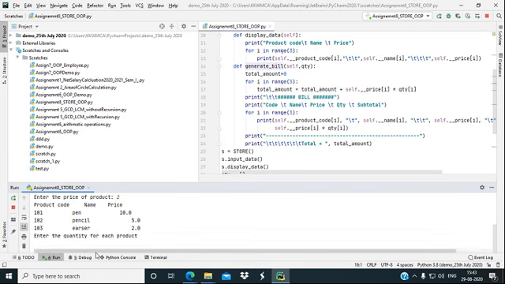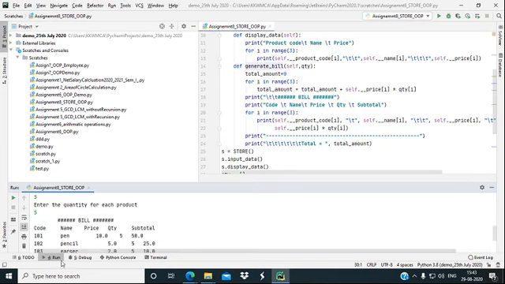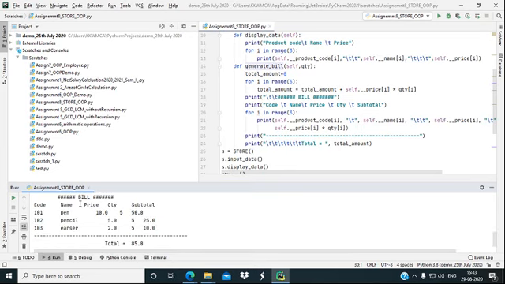Now quantity I am giving 5, 5, 5 for each product. For better understanding, as I said, the first price I have given is 10, 10 into 5, it calculates the subtotal 50.